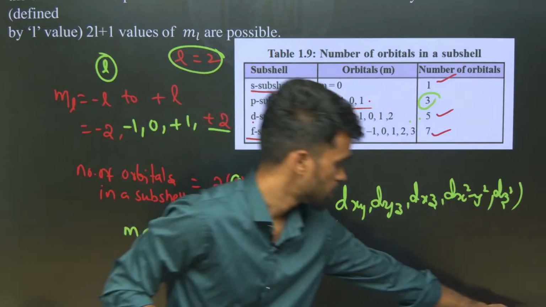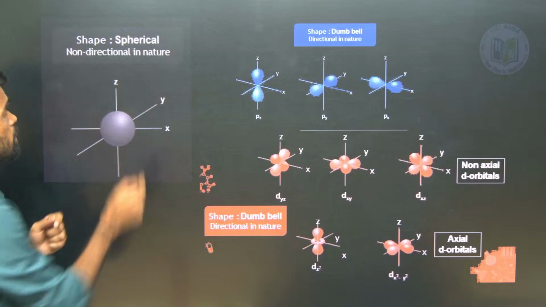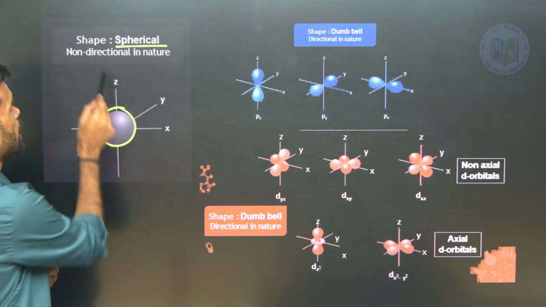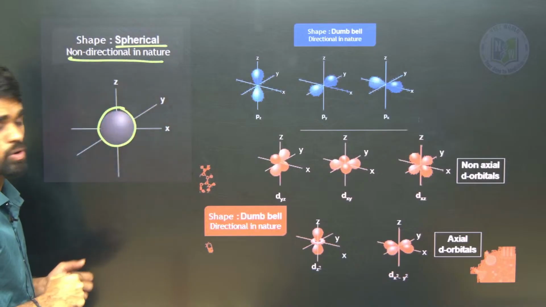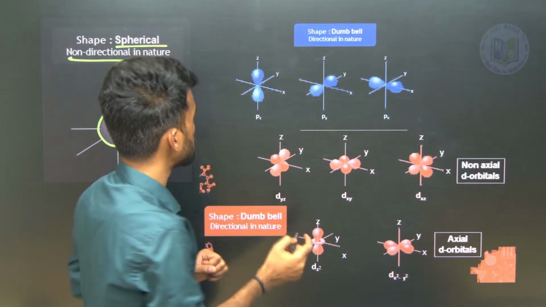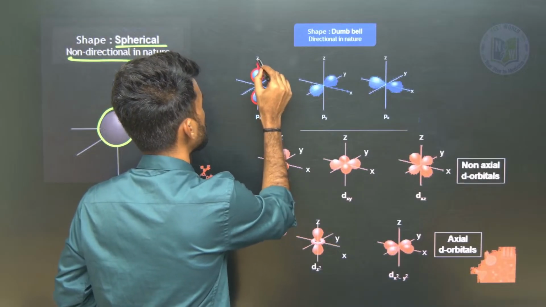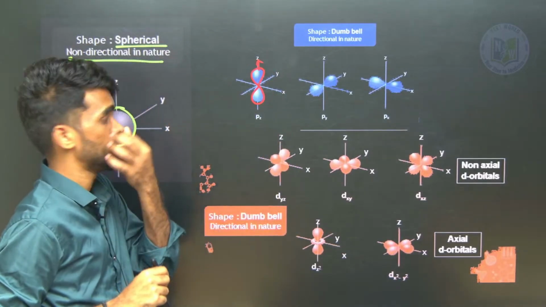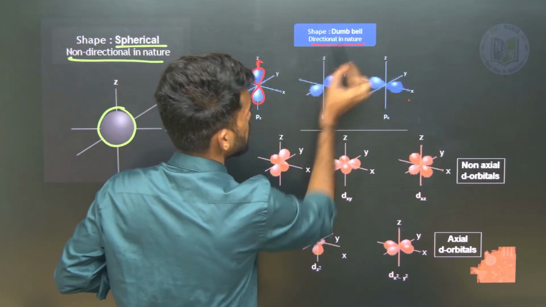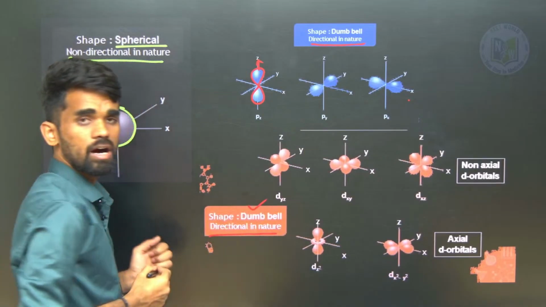Let us move forward. Look at the shape. What is the shape of the s orbital? It is spherical, which means symmetric around the nucleus, so I can say it is non-directional in nature. It is symmetric in all directions. Now what about p orbitals and d orbitals? The p orbital has a directional nature. It is along the z axis, so it is in one particular direction, with a dumbbell shape. All p orbitals are directional in nature, whereas d orbitals have double dumbbell shapes and are also directional in nature.